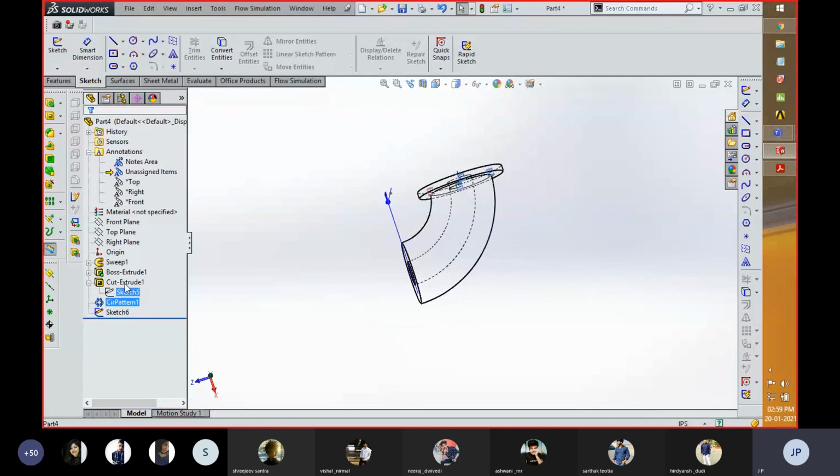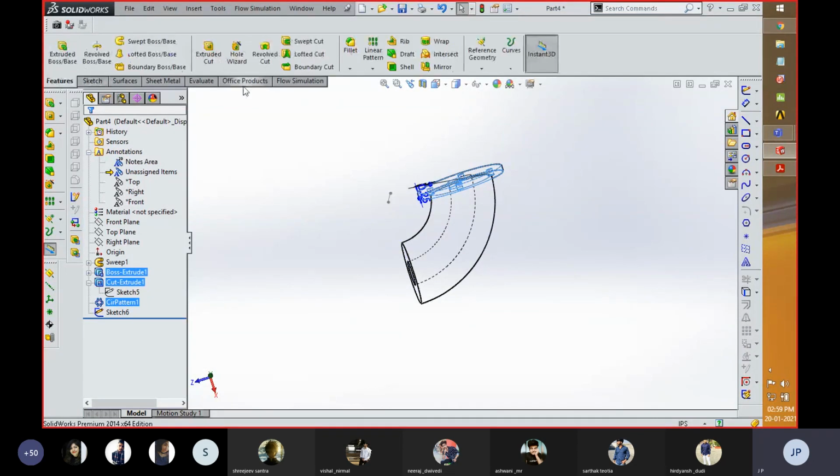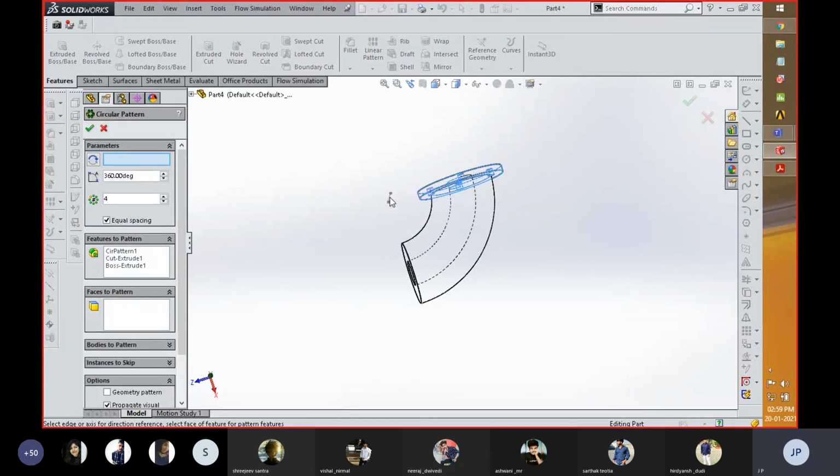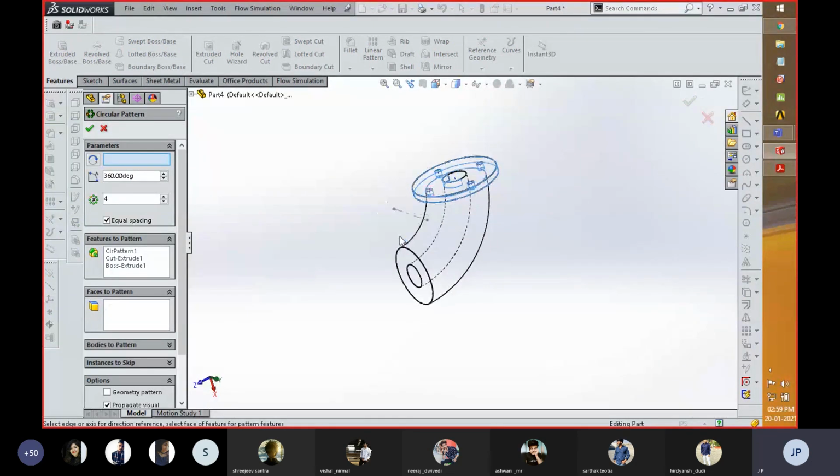So with respect to this, I'm going to create a circular pattern, and the axis should be... actually it is not picking by the component. Now it's picked, and it's going to be 2, and the value of this should be 90 degree.